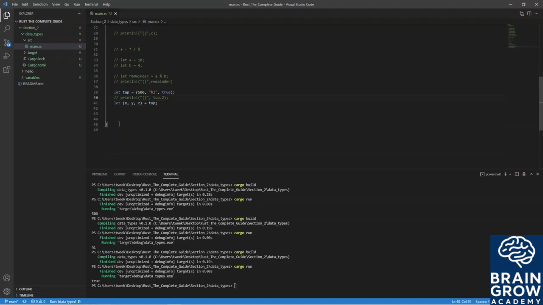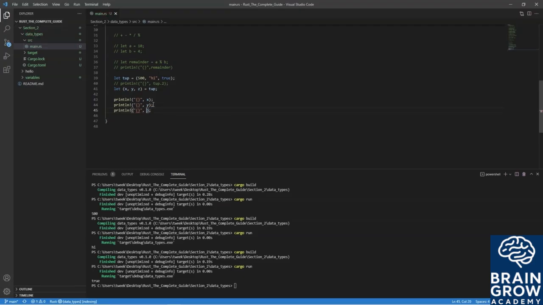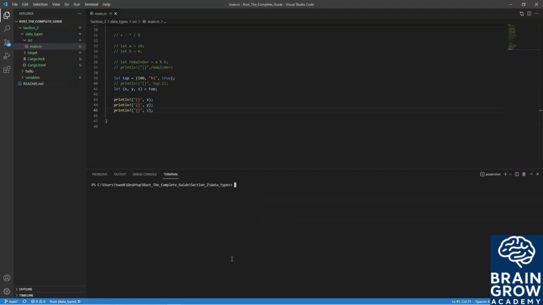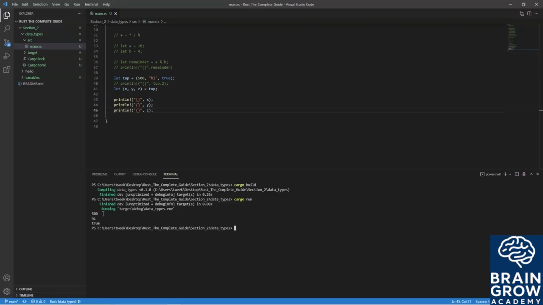So now we can infer that x is going to link to 500, y is going to be assigned to high, and z is going to be assigned to true. So to test this out, let's print out the values, and let's see what happens. So we have x, and then we will copy and paste y, z, clear, cargo build, cargo run, and now we see that we have x is 500, y is high, and